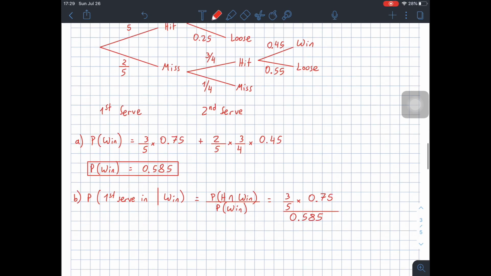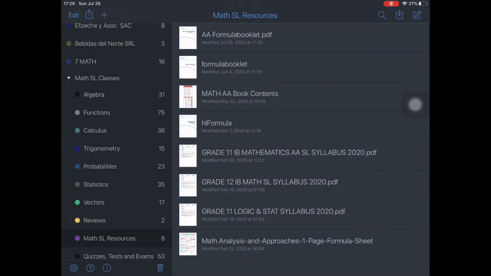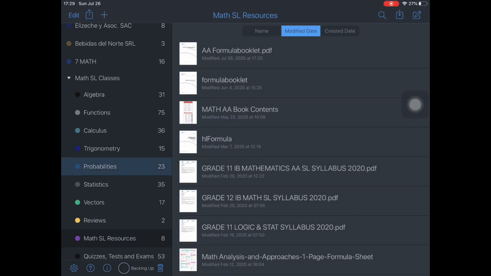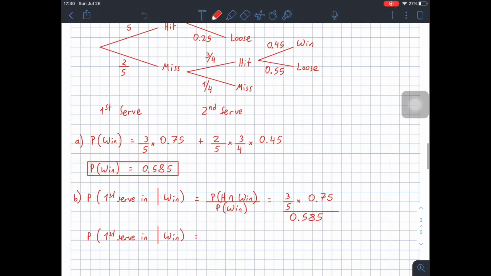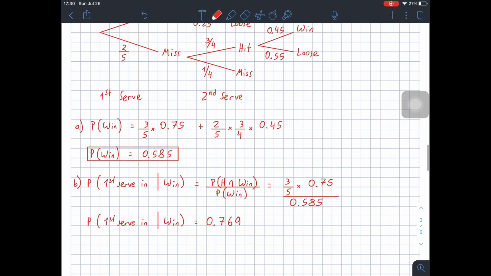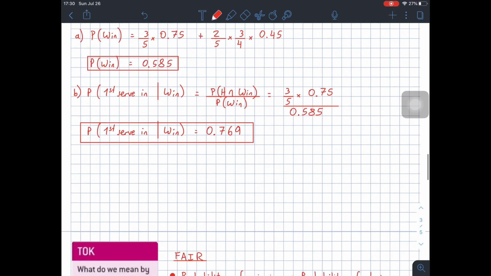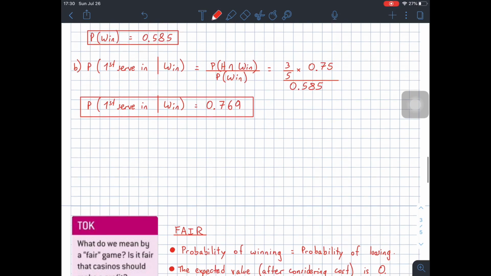Okay, so if we solve this, we can use calculators because we get some ugly numbers. This would be equal to 0.769. That's the probability of getting the first serve in given that he wins the point. Okay? There's one last thing here, but I'll discuss this with you